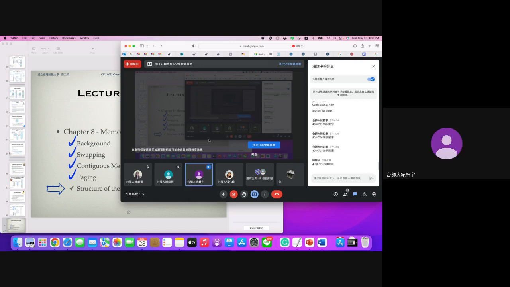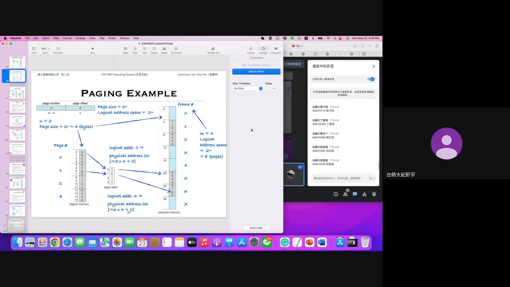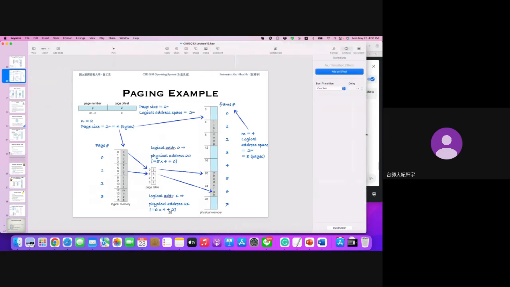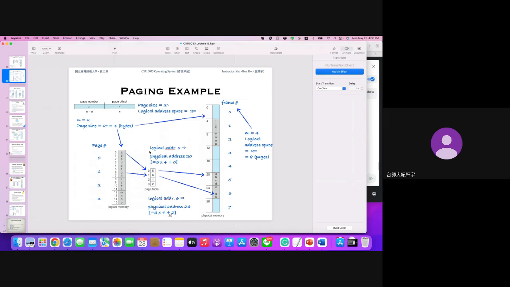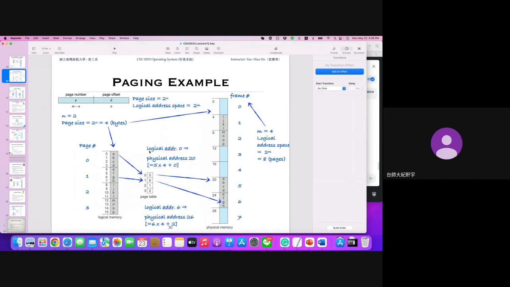老师想问一下，请问讲义第30页，刚刚好像有同学有问，就是那个 logical address space 那边。